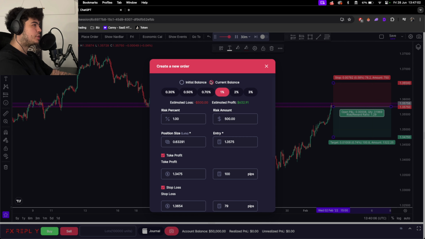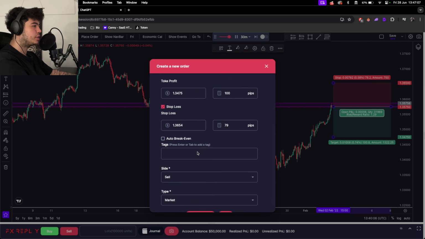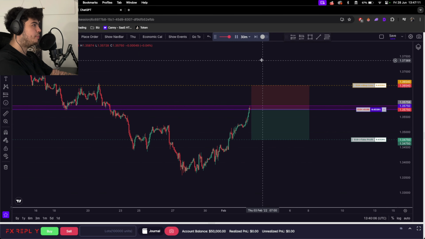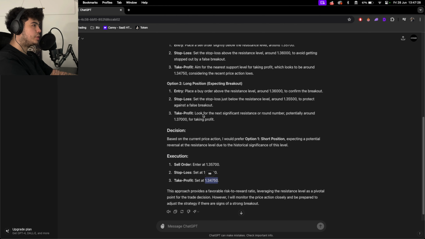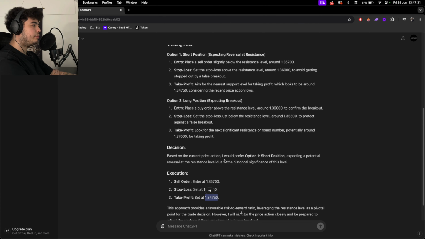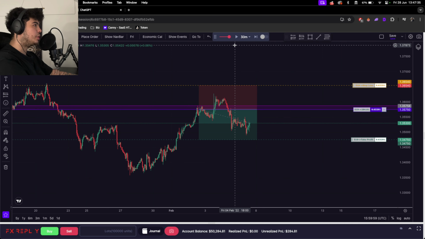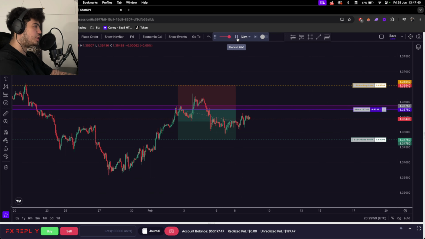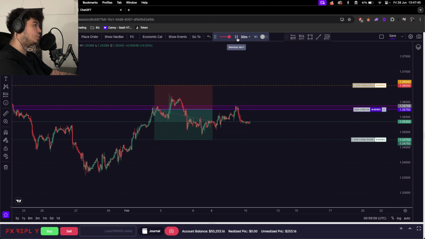So we'll use 1% of the current balance. Take profit is in the right place. So that's fine. So we'll save that, and the position is now open. So let's play through and we'll see what happens. I don't think it gave any management. No, there's no management shown. So we'll just leave all these trades to play. I don't think ChatGPT provides any trade management rules. So whether it's stop loss, take profit, we'll see.